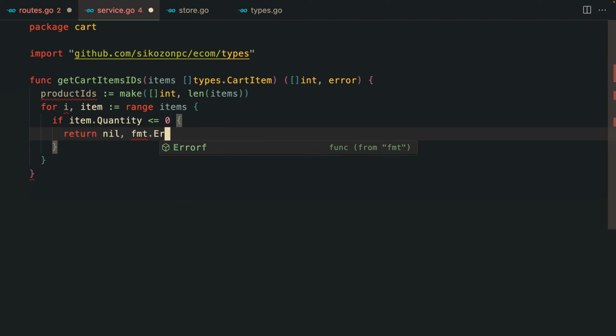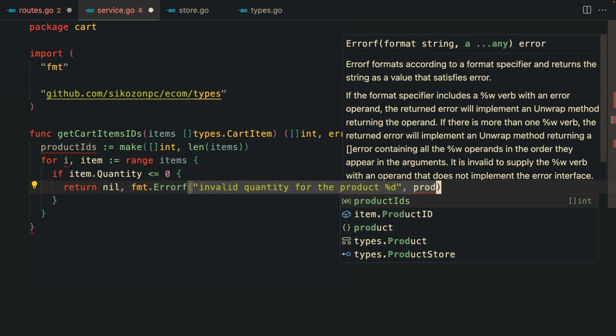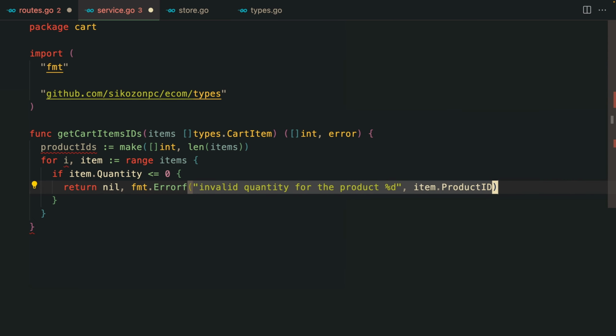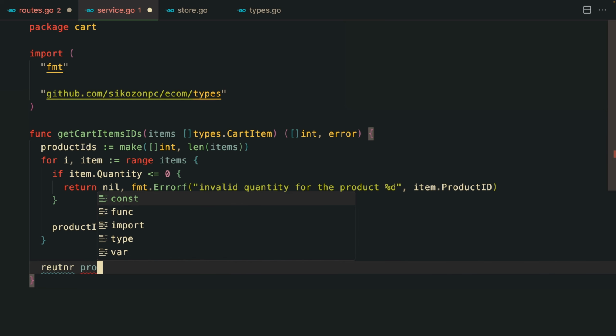So let me just return an error: invalid quantity for the products, and here just say the product ID. Then I'm just going to fill up the array with this product ID. And at the end, we just return